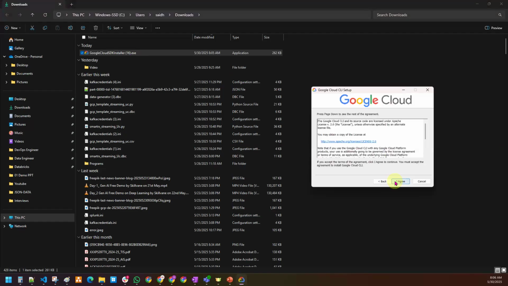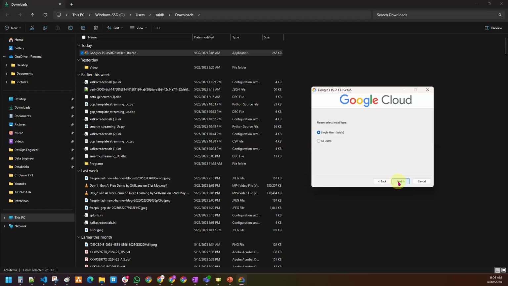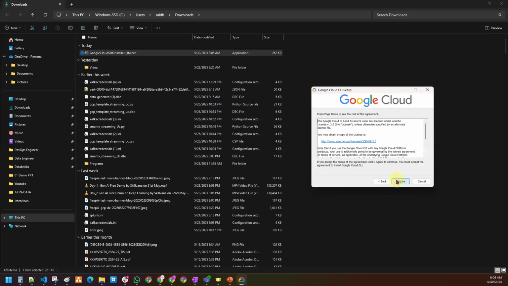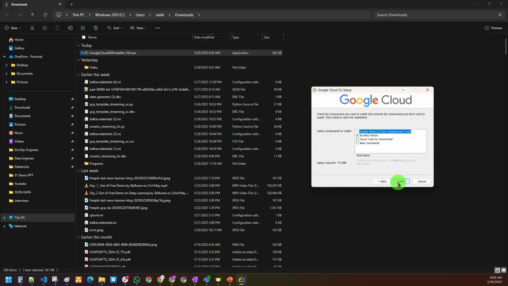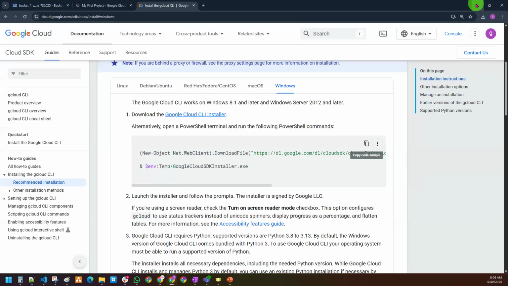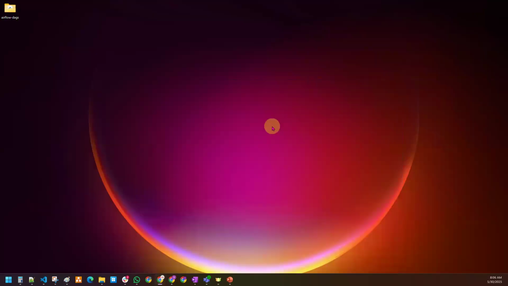Just click on next, agree, next, next, install. That's it. It will take 1 or 2 minutes to install the Cloud SDK on top of your local machine.